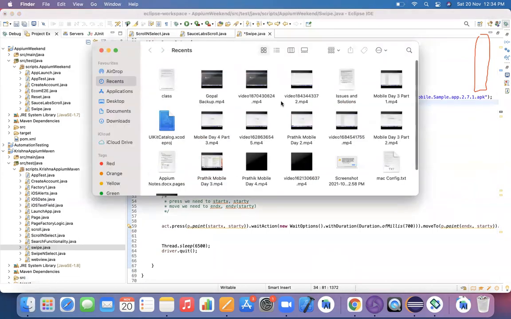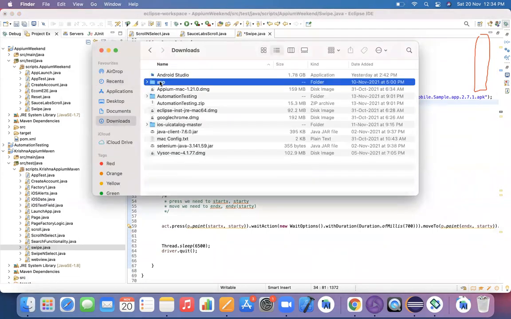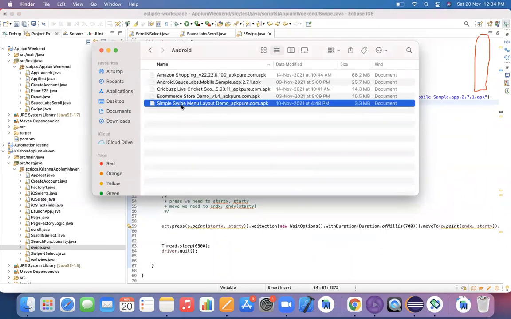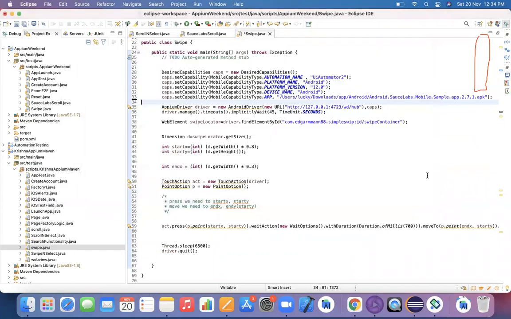So I'm just updating my APK file information: the downloaded Android simple swipe APK, and I have updated my APK instance here.